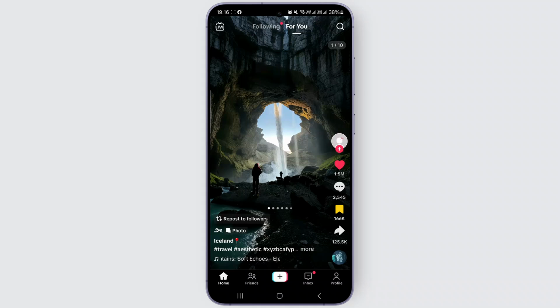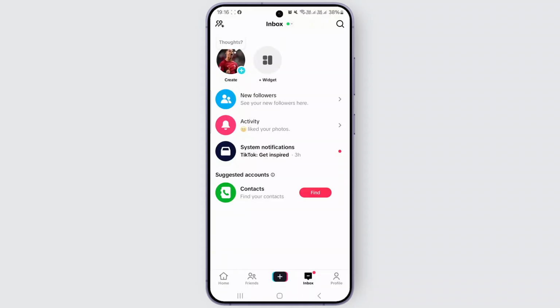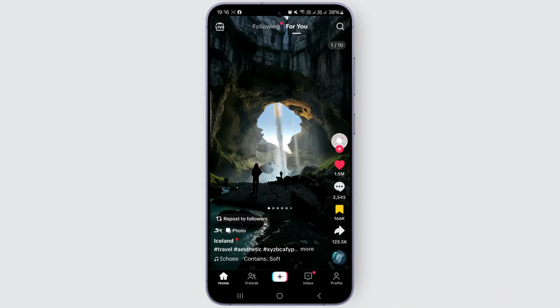In this quick tutorial, I'll be showing you how to fix TikTok streak feature not showing. Since the new release or update, there has been an update about a streak feature like Snapchat on TikTok. So if it's not showing on your device or account, what you can do is first head over